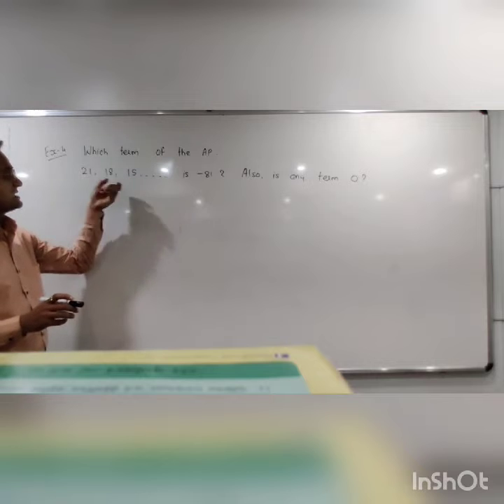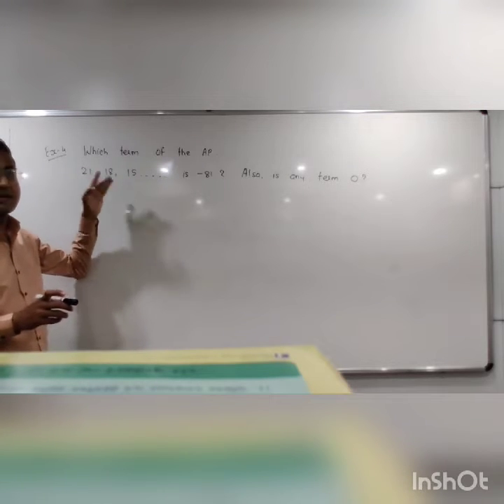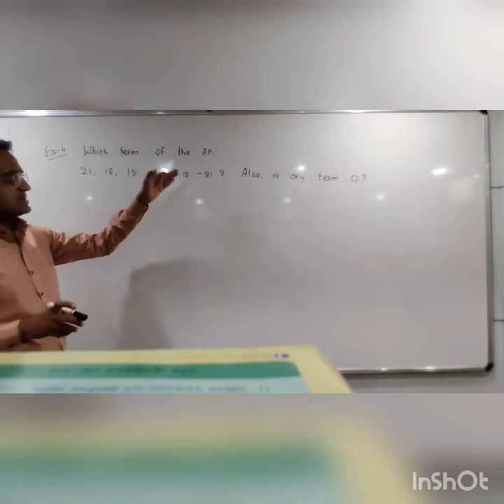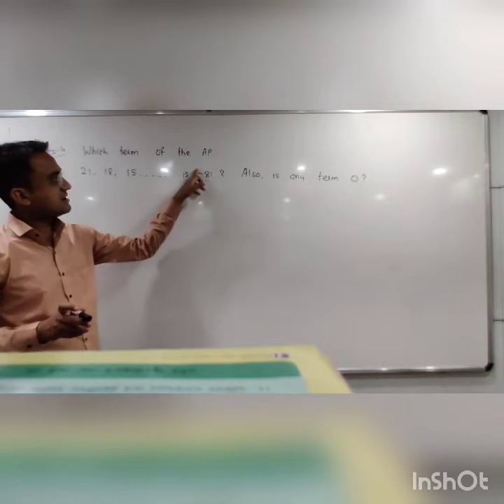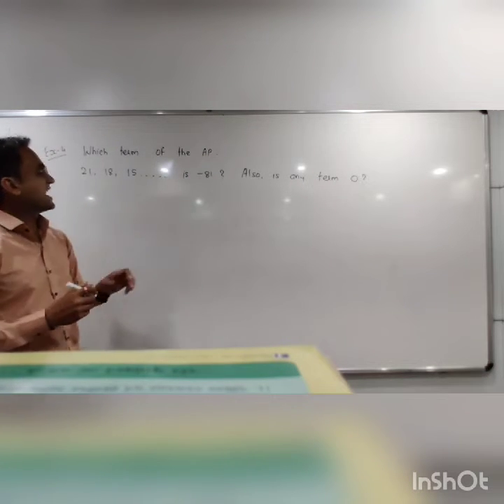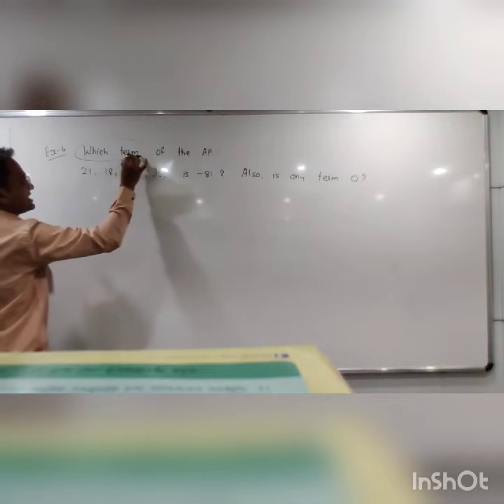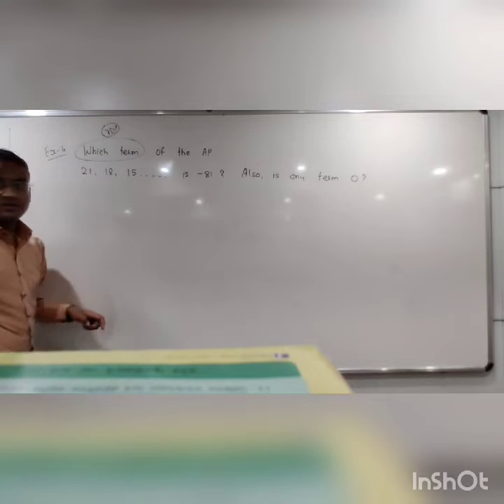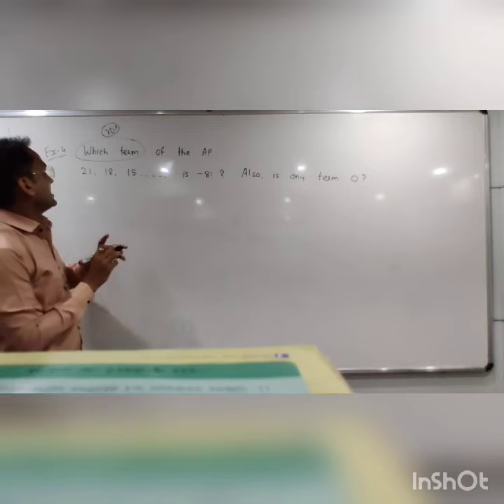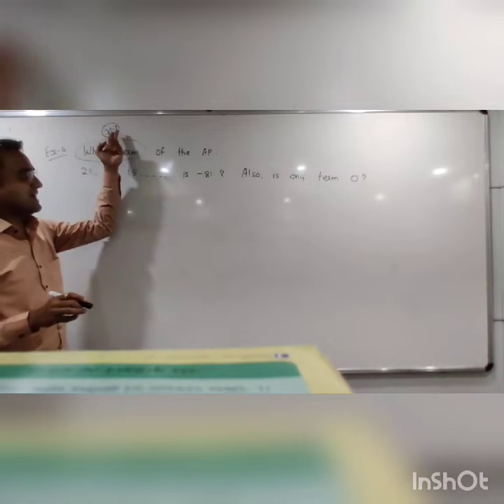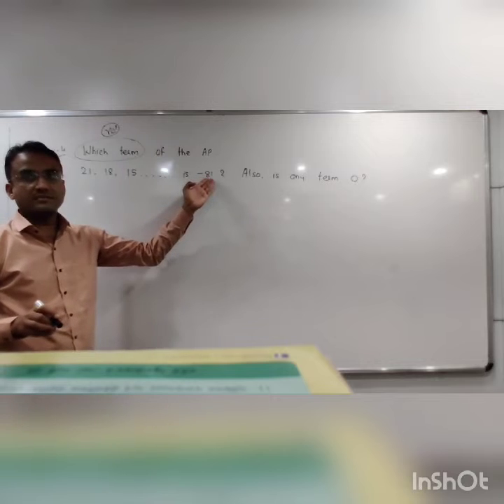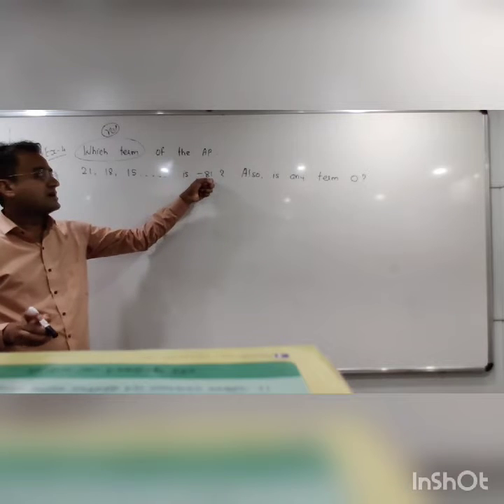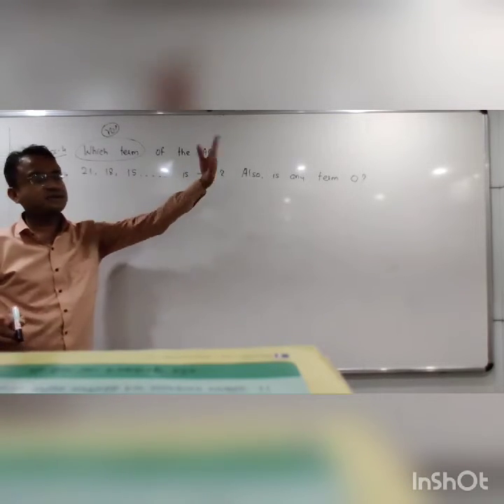ये जो AP है इसके आगे देखो, each and every term is reduced by 3. 21 minus 3, 18, 18 minus 3, 15. So ऐसे माइनस करते रहो तो कौन सी टर्म? Which term means हमें नंबर पूछा है. नंबर means n, find करना है. What we have to find? n. So whenever in a question they ask which term, you have to find n. So इसके कौन से नंबर की टर्म 81 है. So हम असड्यूम कर रहे कि भाई ये nth टर्म है तो ये n होगा. क्लियर? ये आंसर हम बाद में फाइंड करेंगे.